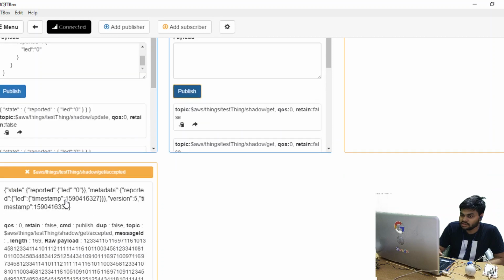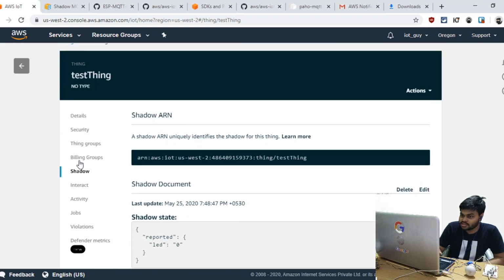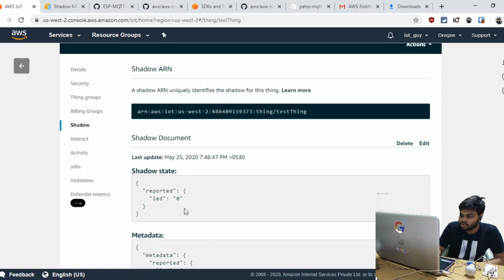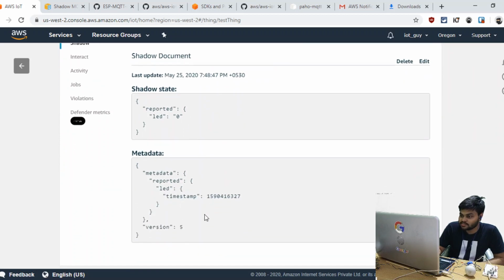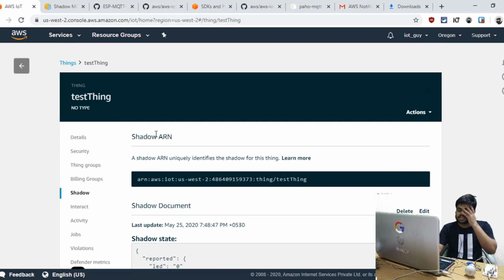Okay, now we received LED 0, and if we check this one, you can see here that in the shadow we have shadow state, this one reported, and metadata with timestamp and version 5. So this is the work of thing shadows. This will basically store the state of the thing, with a current timestamp.